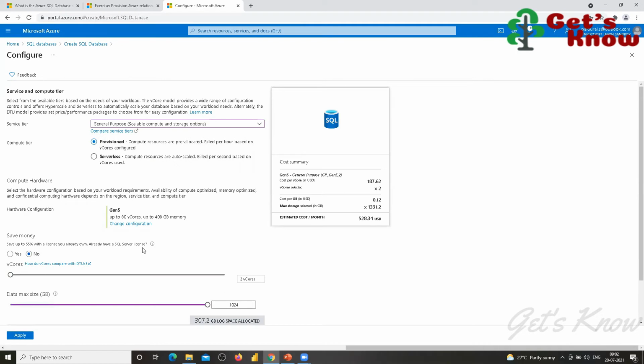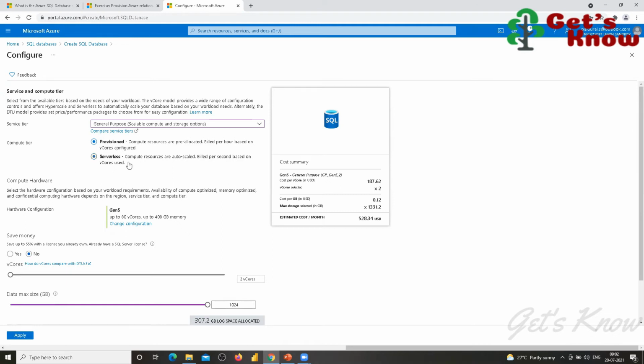But in a day I'm using it for only 2 hours, working in that environment for 2 hours, yet the whole day will be charged based on each hour. You got it? Yes.